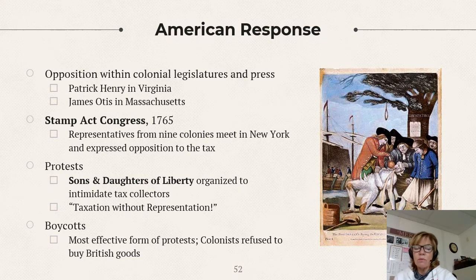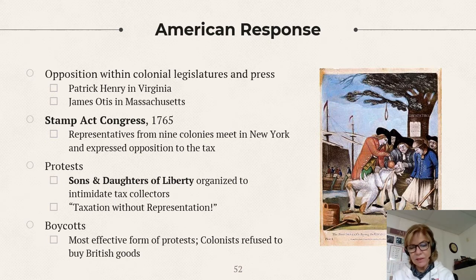So you get two different groups together. You get the Sons of Liberty, that was formed to protest this, and they would do things to harass and intimidate the tax collector. And in some cases, they did what is seen right here, which was really quite damaging to people. They would pour very hot tar on people that sometimes would give them third-degree burns, and then put feathers on them. So you'd be tarred and feathered and forced to drink all sorts of alcohol or whatever, really to humiliate you and make you look bad. Nobody wanted to be a tax collector if this is going to happen to you. And so they would do that.